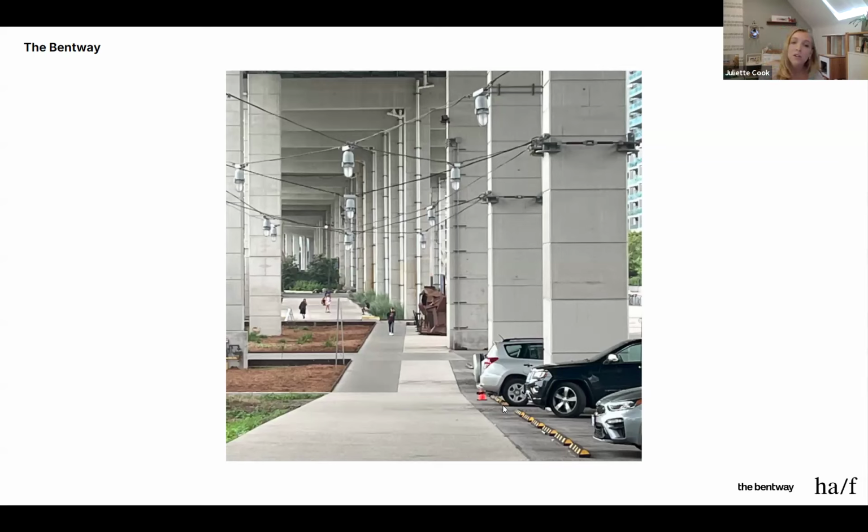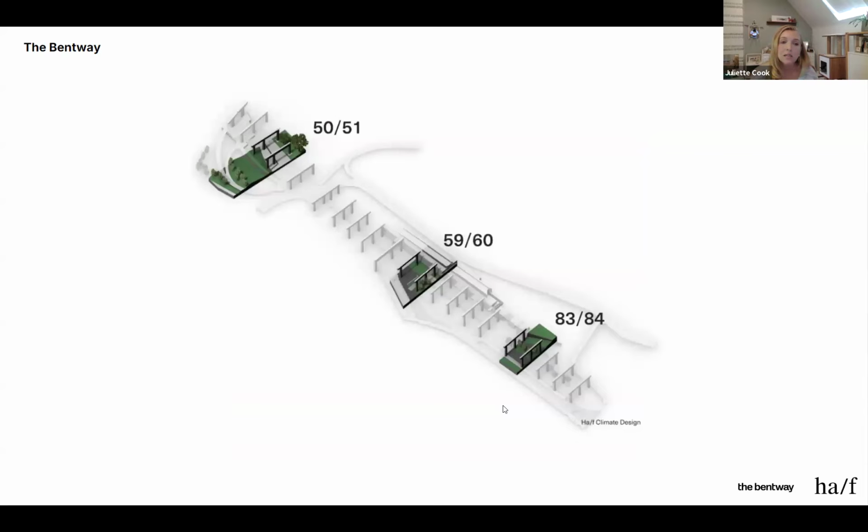And so HAF was brought on to understand the embodied carbon impacts of Bentway Phase 1 through life cycle assessment. We did this through the selection of these 3 sites that we're seeing on the slide. We chose to isolate these 3 representative chunks of the Bentway to develop more detailed understandings of the project's main drivers of upfront embodied carbon emissions. In other words, we sought to understand the impacts from all the manufacturing, transport to site, and construction or installation of the materials used in these 3 sections of the Bentway Phase 1.